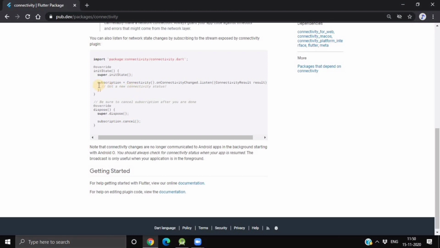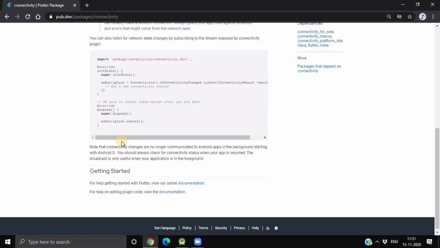Inside the init method, we create a variable subscription and use the connectivity object's onConnectivityChanged.listen method. In this listen we will have our connectivity result as an argument. Whatever result type is inside this method as argument, our stream will check its current status and notify our application.